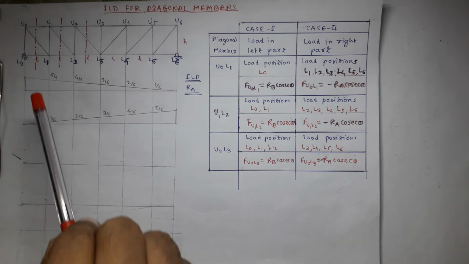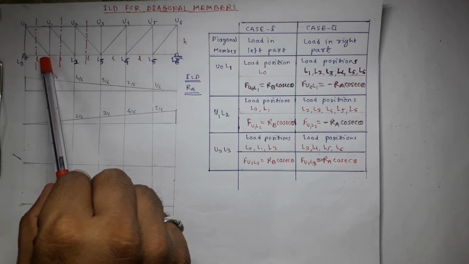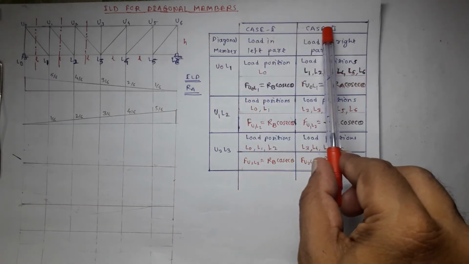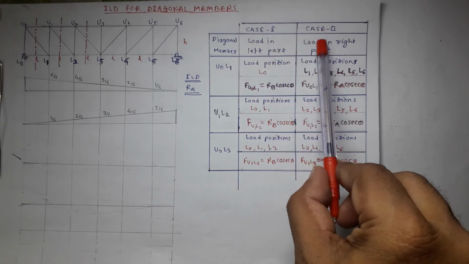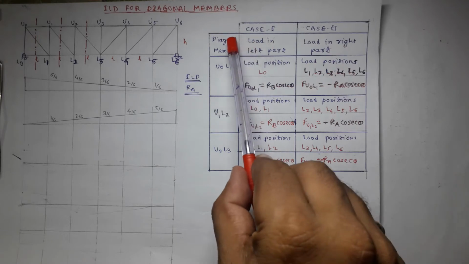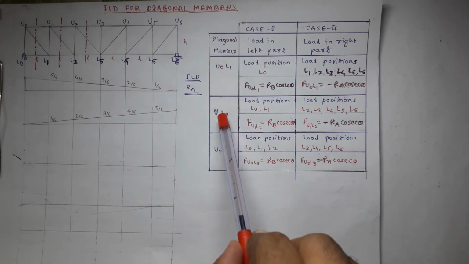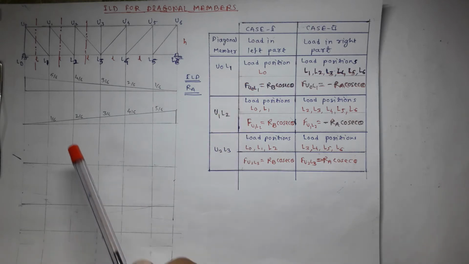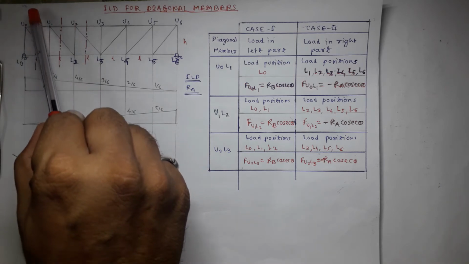Now, when I consider the diagonal member u0 l1, I have prepared a table over here. I am going to consider two cases as usual. Case 1, load is in the left part. Case 2, load is in the right part. And I have written all these diagonal members in this column: u0 l1, u1 l2 and u2 l3. So for u0 l1, when I want to get the force in this member, I will have to pass a